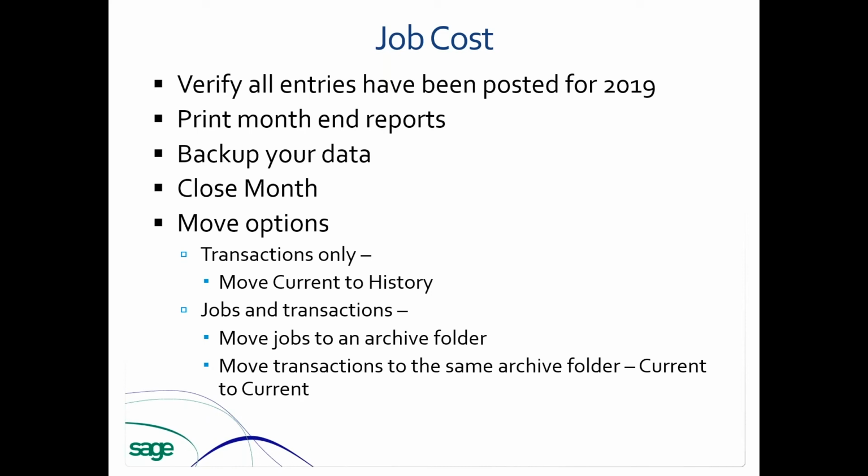Now, some people might move jobs and maybe they create a new file for each year. And then they move current to history, and that's happening in the main data folder. But the jobs themselves, they have to search for them because if you create a brand new master file every year and you don't know when that job was actually closed, depending on what it is you need to report on, you're going to have to search for that job in multiple data folders. It can be kind